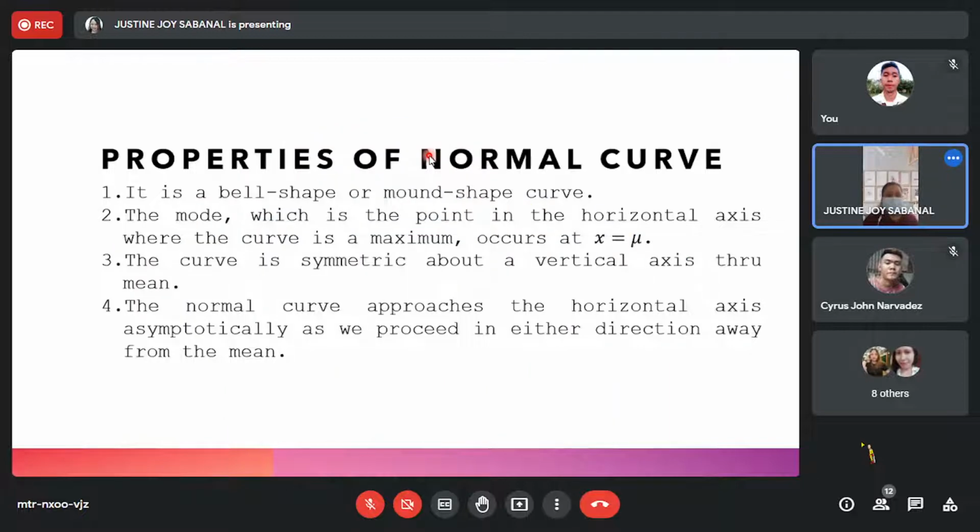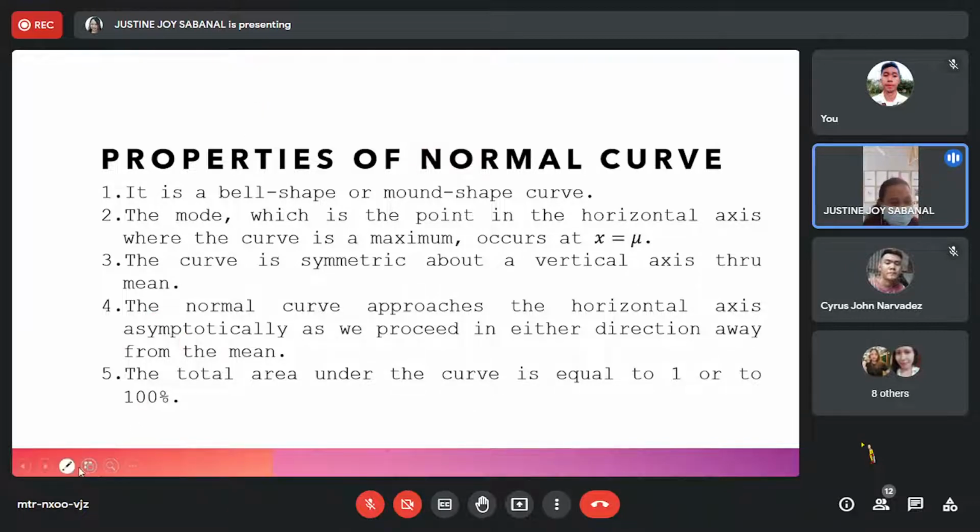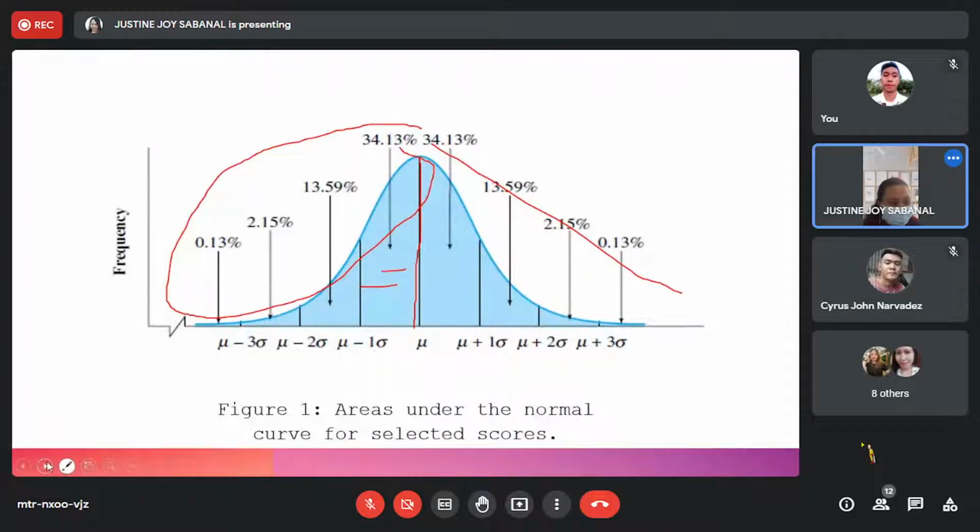So, number 4, the normal curve approaches the horizontal axis asymptotically as we proceed in either direction away from the mean. So, ang isang asymptotic characteristic ng normal curve, it tells you about the concept that this one, as you can see here, ito yung ating x-axis. Ito po, yung medyo mag-gray dyan. So, ang mangyayari daw po, kung i-extend natin yung nung tail ends ng ating normal curve, lalapit lang daw yung value na yan, yung curve na yun, lumalapit lang, nag-approach lang sa horizontal axis, but